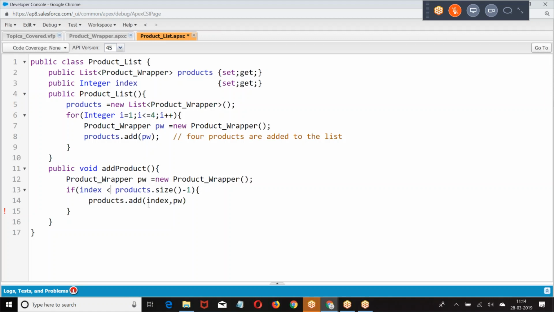Or else I can give, I want to add the element at index plus 1. Add the element in the next index. If you give 2, add the element at 3. If you give 3, add the element at 4. Are you getting my point? If you clicked on the first row, add the element in the second row. If you click on the third row, add the element in the fourth row. If you click on the 0 row, it adds at the first row. Else,